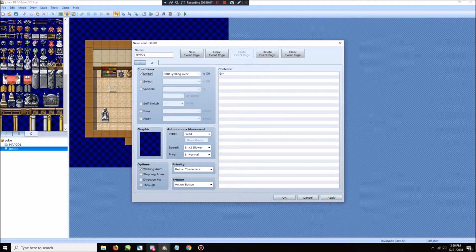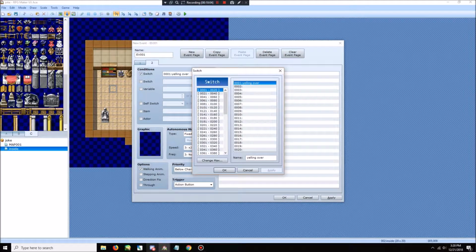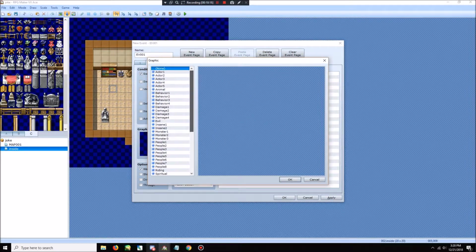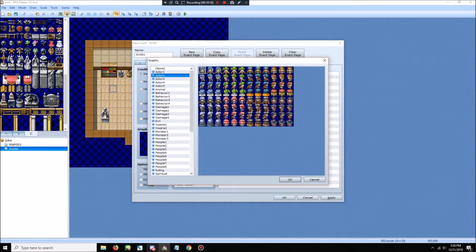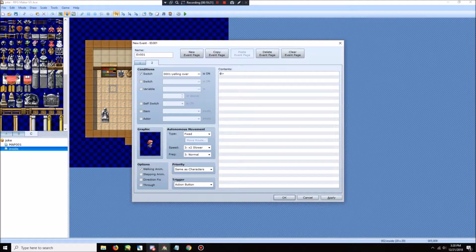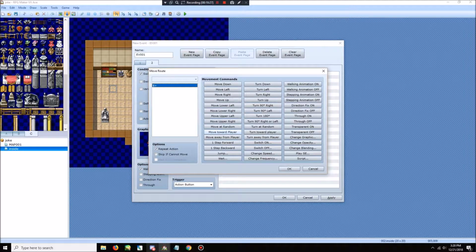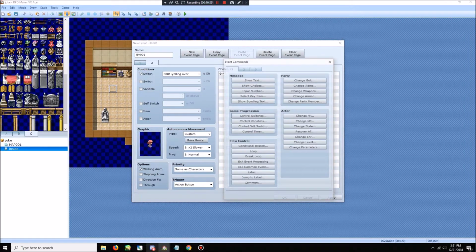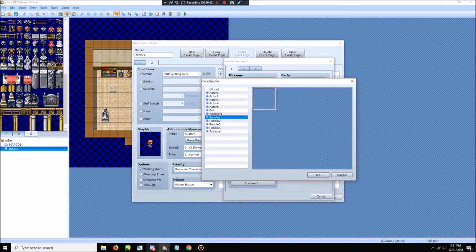Click on the switches, and it'll already select the first one on the list, but if that's not the one you want, you'll want to click on here and select whatever you decided will be that. And let's make it so now she is just a passive character. And let's make it so she moves around randomly. So you want to do custom, move route, and then move at random, so she'll just wander around the room slowly doing whatever she wants. You'll want to make sure it's at same as characters, an action button trigger. This way, when you will click on her later on,